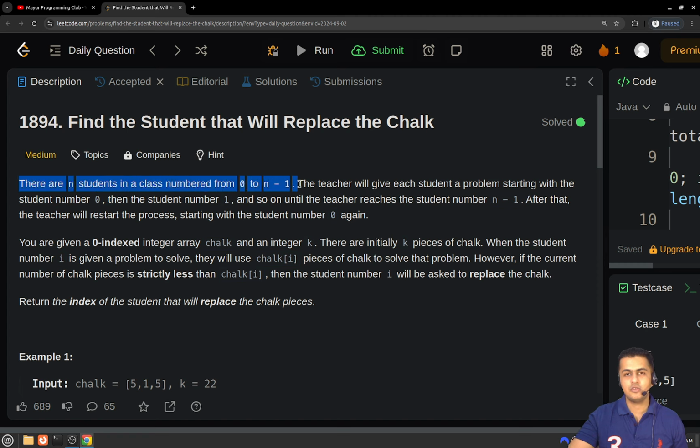n minus 1. Okay, and the teacher will be giving each student a problem, starting with the first student, which is the 0th indexed one. Then the student numbered 1, and so on until the teacher reaches the last student, which is the n minus 1th student. After that the teacher will restart the process, and will keep assigning the problems to the students in this way, starting from the 0th student, going till the last student, and then starting again from the